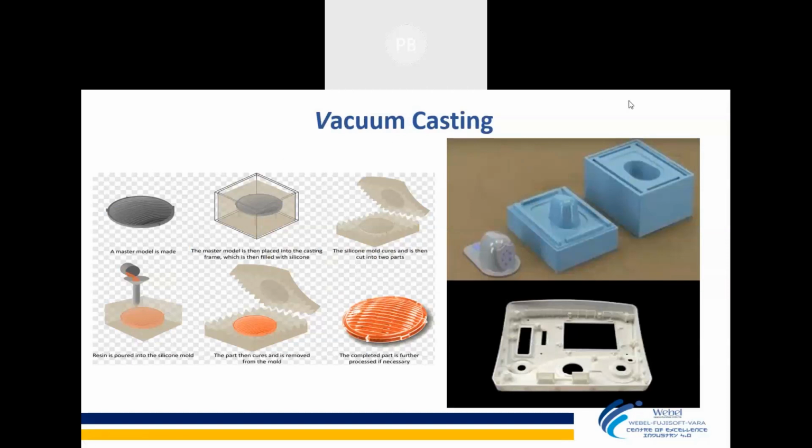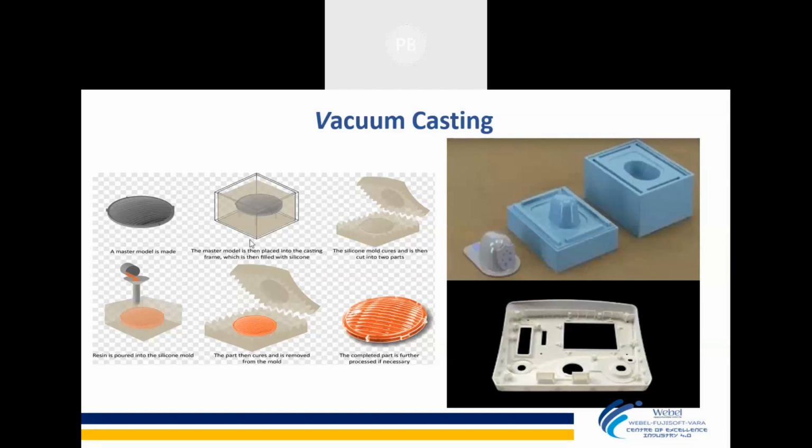Then comes a point with vacuum casting. Casting means yes, there is pattern making. So with a 3D printer, how is vacuum casting evolving? This is a process which is used for batch manufacturing. If you require a very good smooth finish like injection molding, vacuum casting is the alternative, where you can trial out your product for 100, 200, 500 pieces. Vacuum casting develops this kind of silicon die. First a master mold is made. The master mold is always done with a 3D printer. There are a lot of castable resins which can be used directly for the master mold.